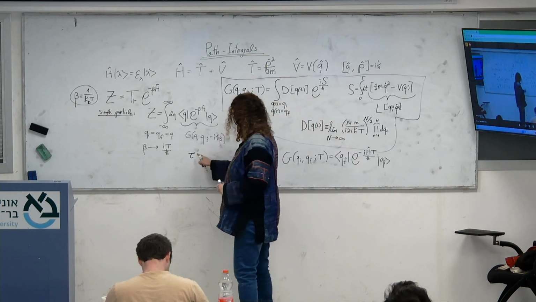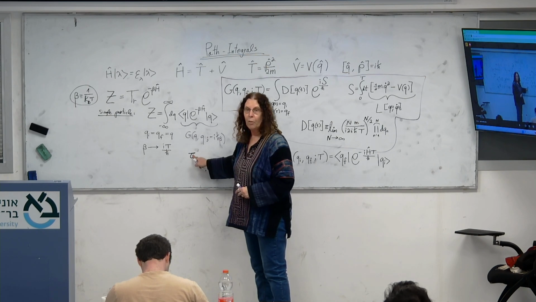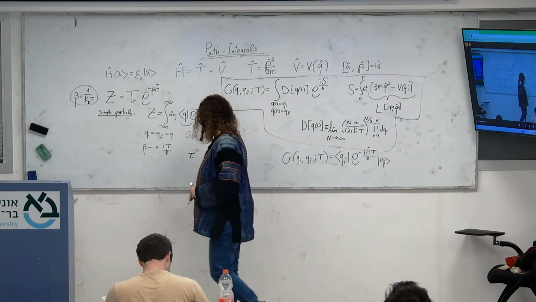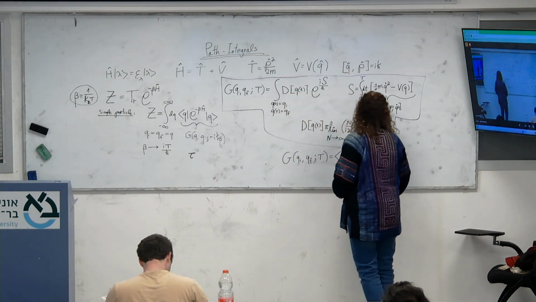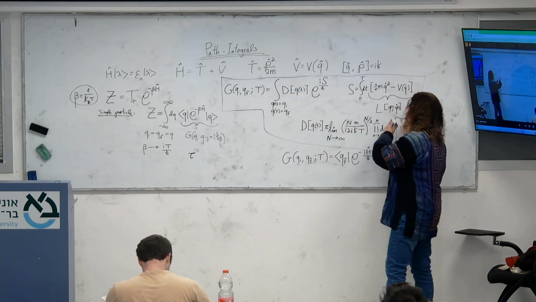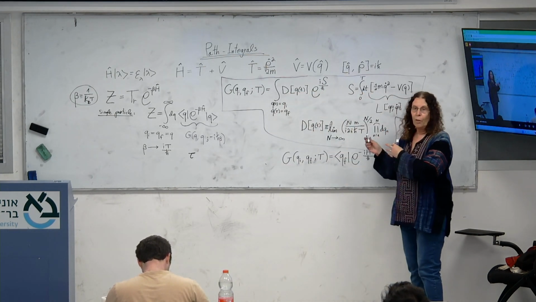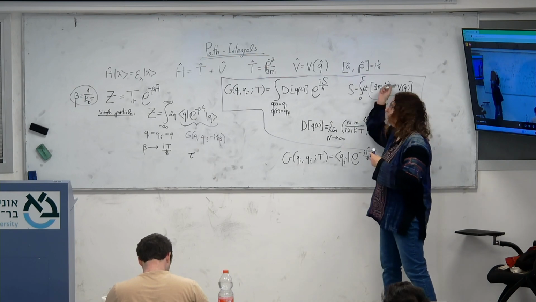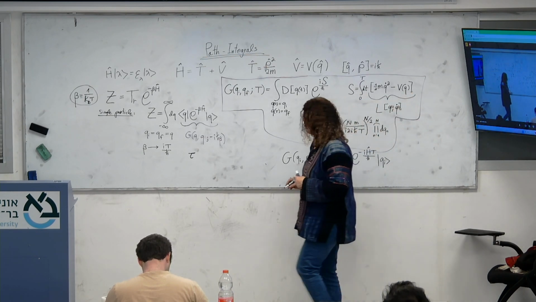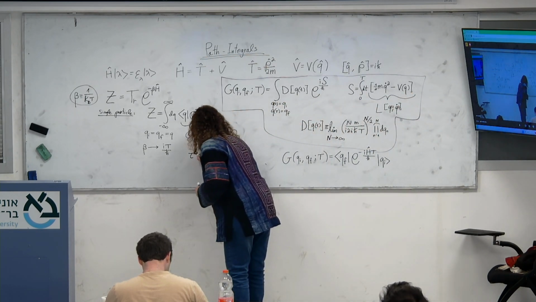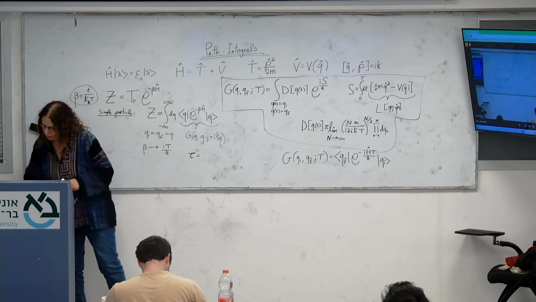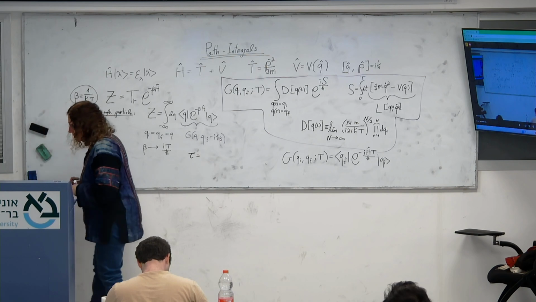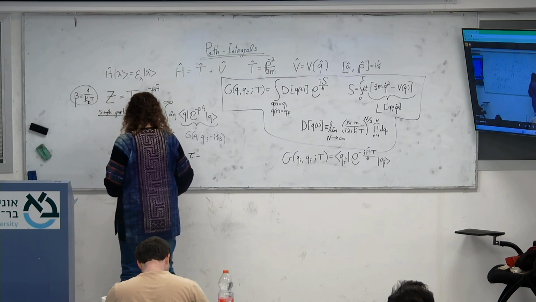Tau is going to be a real variable, but it's going to be something that, if I want to relate it to what I have here, I relate it by writing,